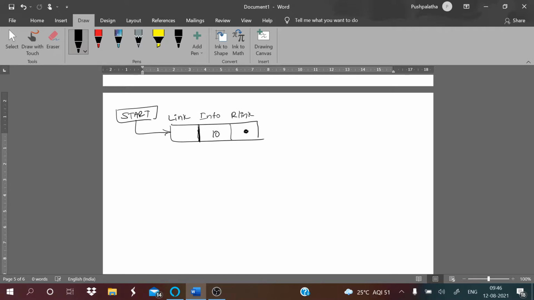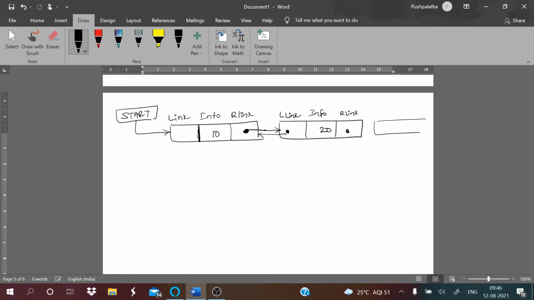Again, in the same way you have your second one also. This is your 20, you have two addresses here. This is your left link, this is your right link, and this is your info. From this it goes front, and from here it goes back.